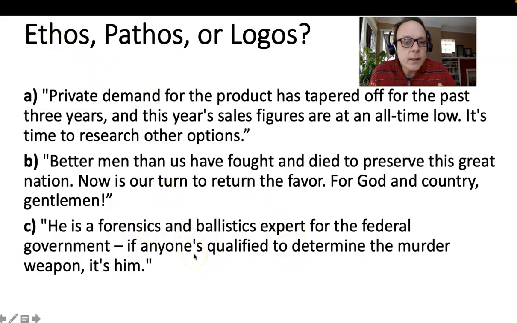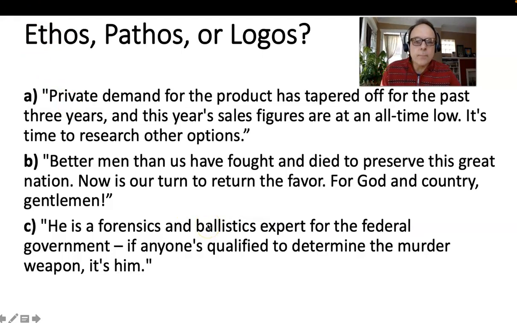In academic reading, when somebody says they're a professor of geology and they're talking about geology or geometry or some other science or math class, you're more likely to believe them because they have a background in that. And that's where we come into ethos. That's why people put initials after their name. People have a master's or a PhD or whatever, or a psychologist or whatever it might be. Those little initials are really all about ethos. They're basically saying, I have this qualification, and you can trust me, you can believe me.